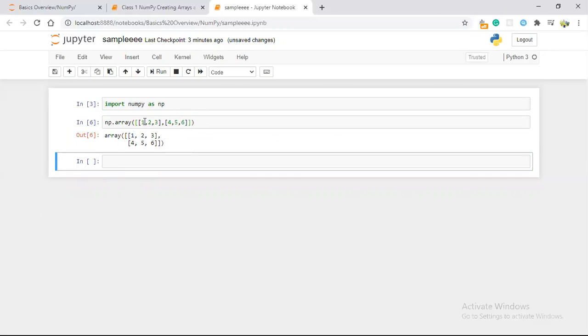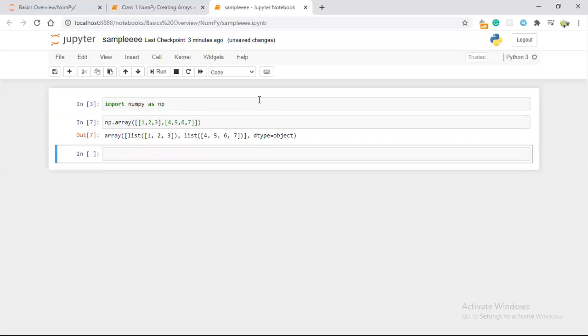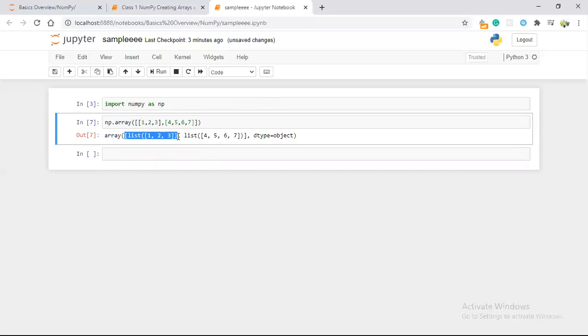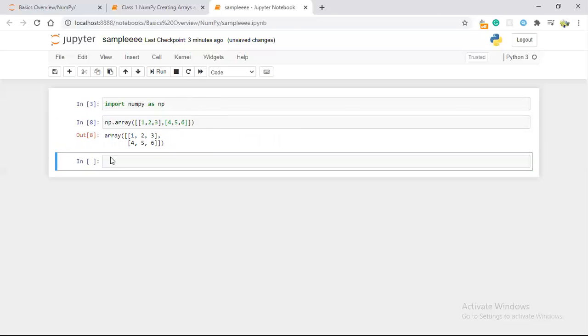Here we have three numbers in the very first list, and in the second list we have another three numbers. If I give one more number, you will still get the output, but it will be one list containing numbers and another list containing some other list. You can't get it in array format like previously. The reason is that one list has different numbers than the other, so we can't form the array. So it's always advisable to give the same number of elements in both lists. Then only can we get it in an array format.